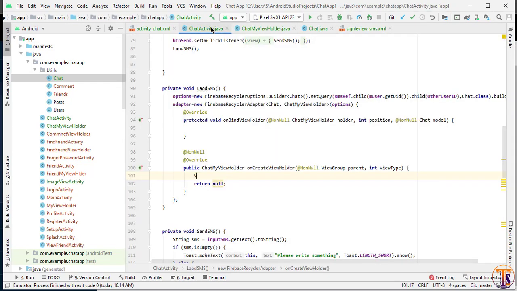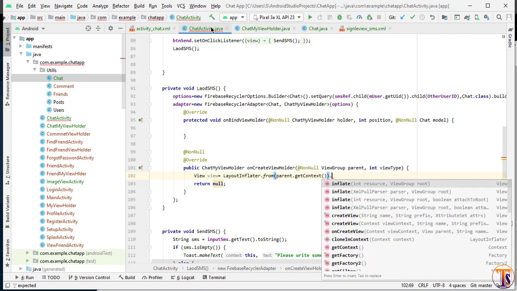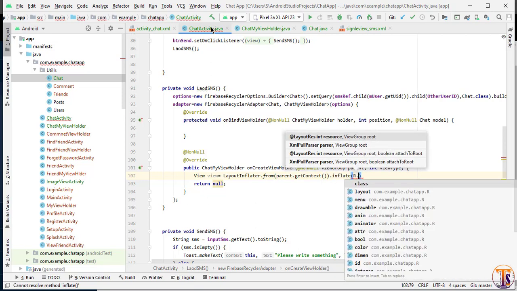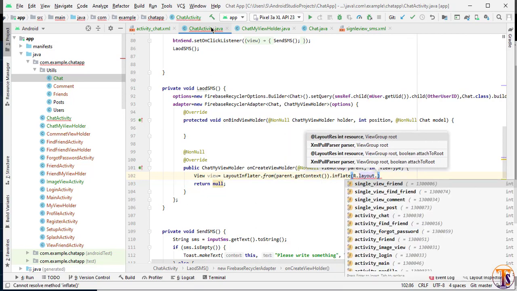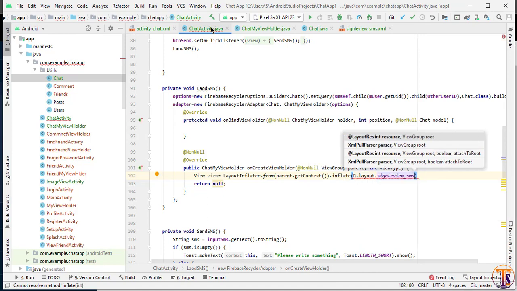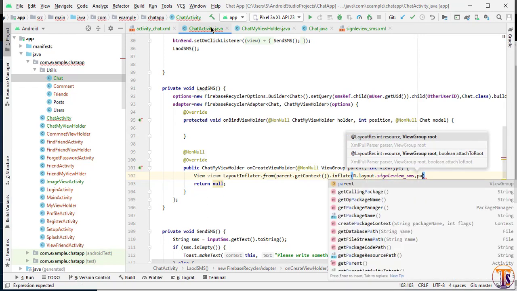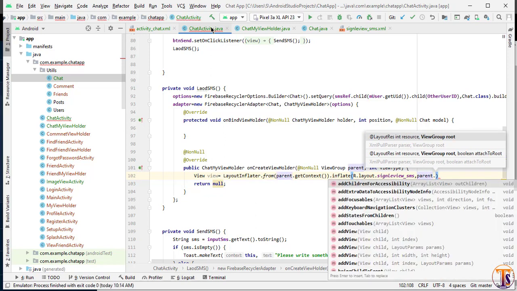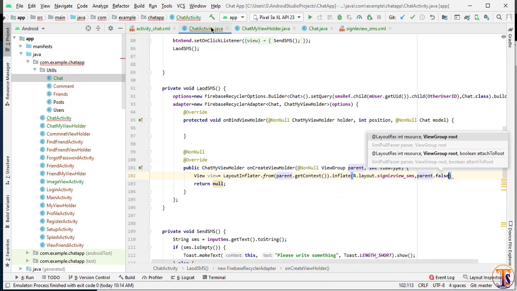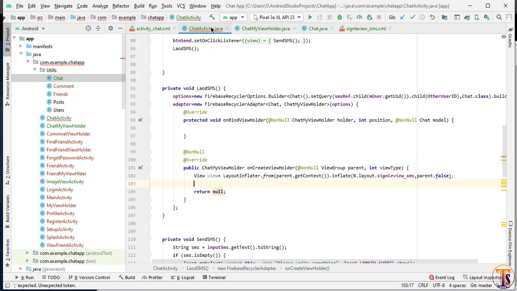So view equal to LayoutInflater.from, and here we need to pass parent.getContext, meaning we pass our context, dot inflate, R.layout.single_view_chat, and the second parameter is the parent, and finally the boolean attach, I will pass false. Now finally we put a semicolon.